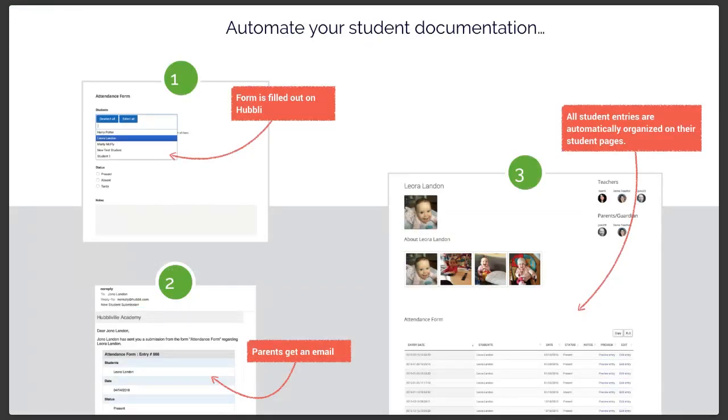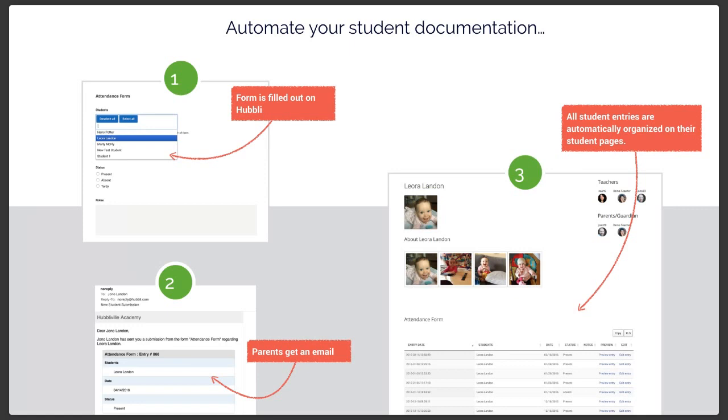And when you're dealing with a digital form provider like Hubly, we're going to organize your entries for you, so you don't even have to type them in manually into a spreadsheet or a database or anything like that. And when you have to find something, it's simple: you can just search and sort. What we do is, let's just say,